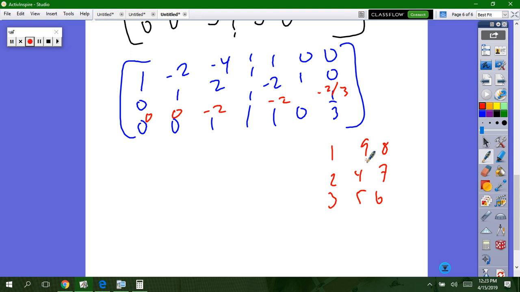Yeah. Unless he tells me to solve, or Gaussian. Well, unless he tells you,